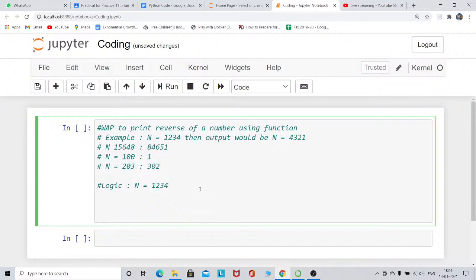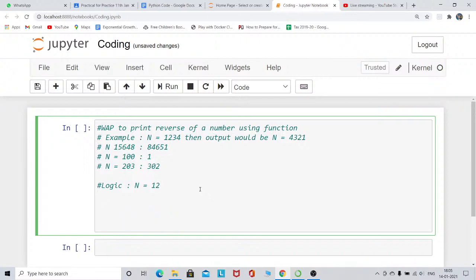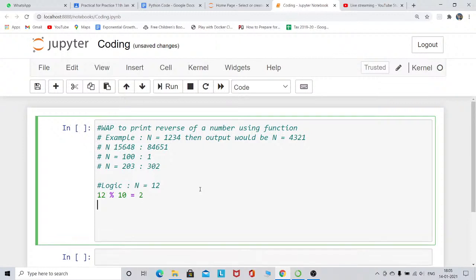So how can we do this? Suppose the number is 12. If I use a mod operator using 10, it will give me the 2. Then if I write 12 division 10, integer division, it will give me the number 1.